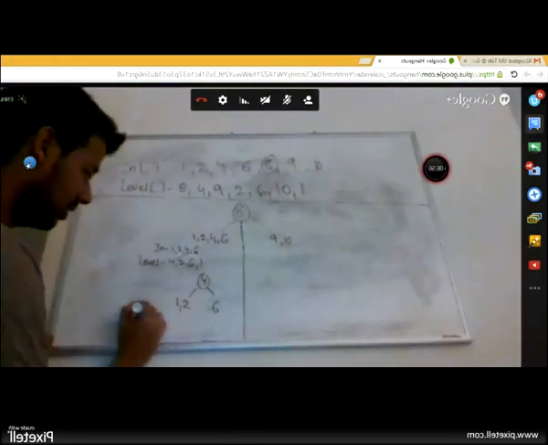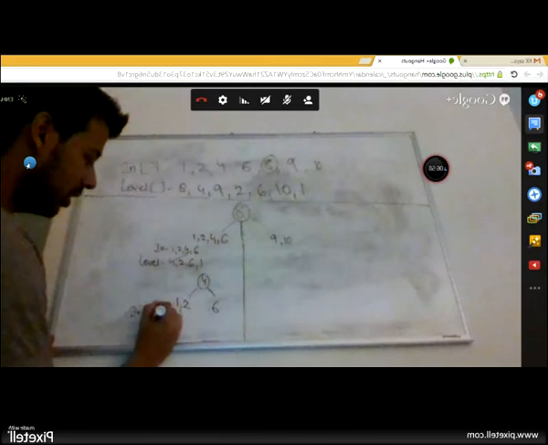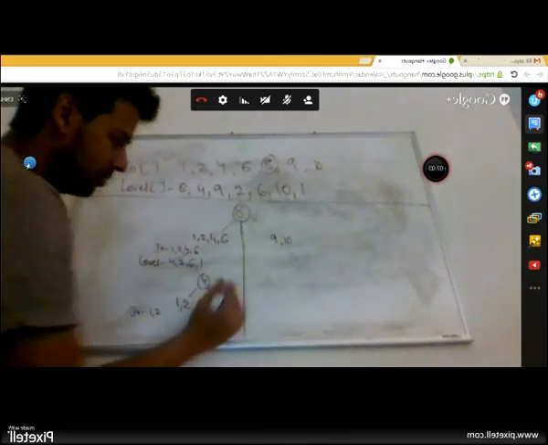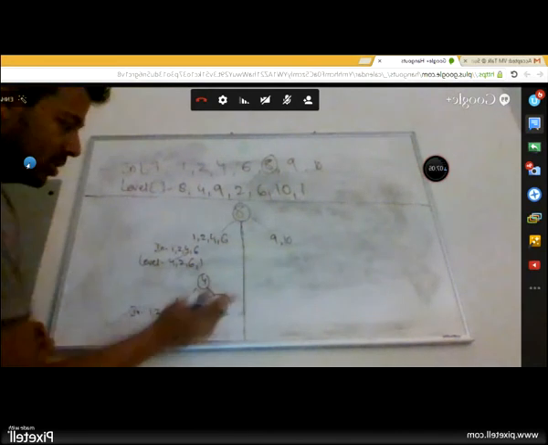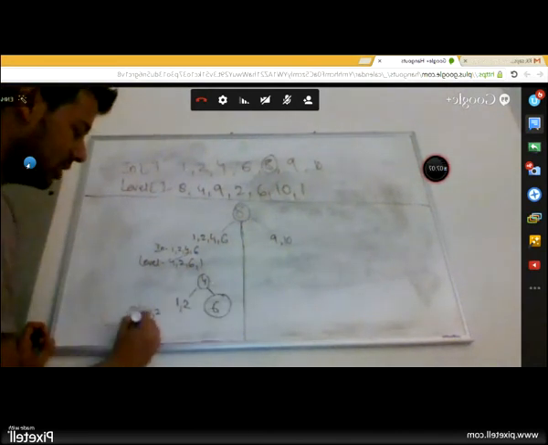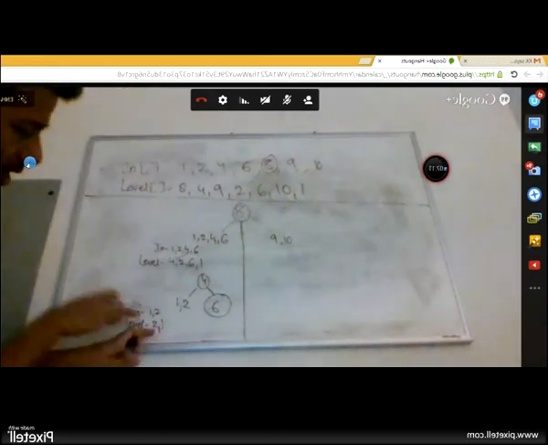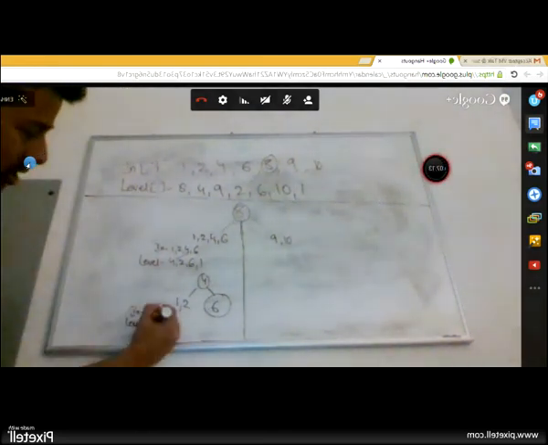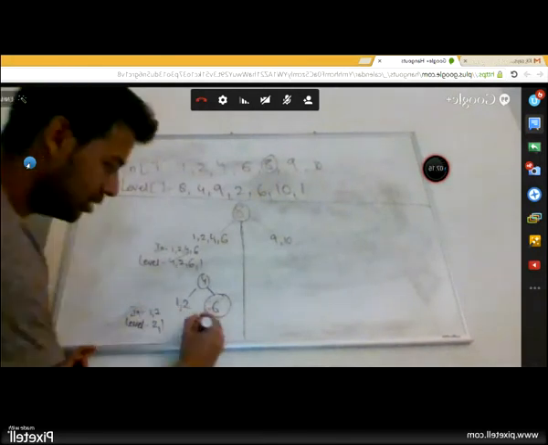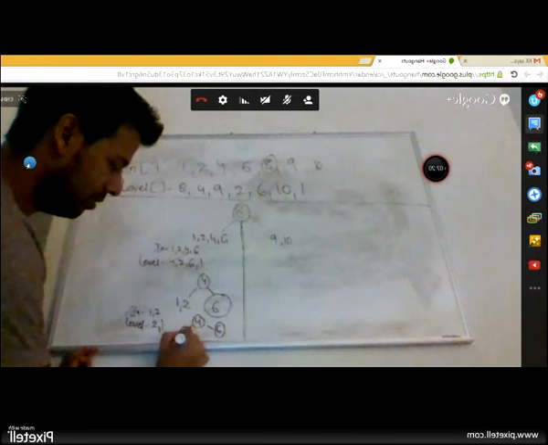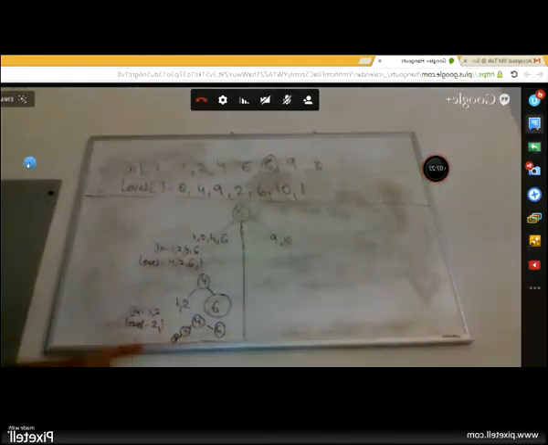Okay, apply the same logic again. In-order traversal is 1, 2, and if 6 is to the right of 4, we already know that it must be a right child because there is nothing else. Level order traversal is 2 and 1. So identify the root here. Level order, this is the root. To the left of the root is a left child. So it is 4, 6 here, then 2, and then 1.